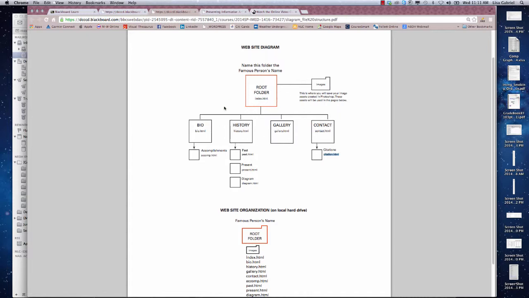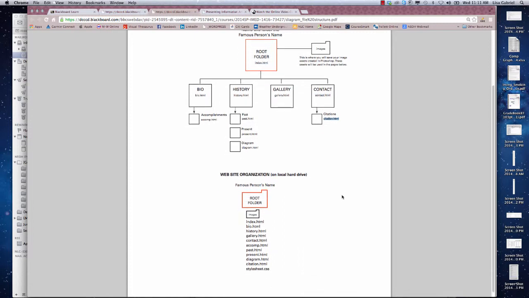So basically, by developing this type of site diagram, we not only are mapping out how we're organizing the information and in what section the information will go, we're also sort of brainstorming and thinking about how we are going to name the files related to each one of these areas of our website. So listed down here is basically how it would look